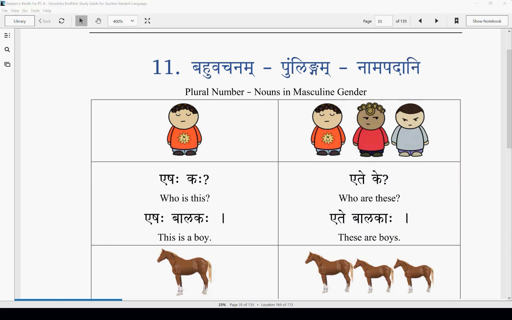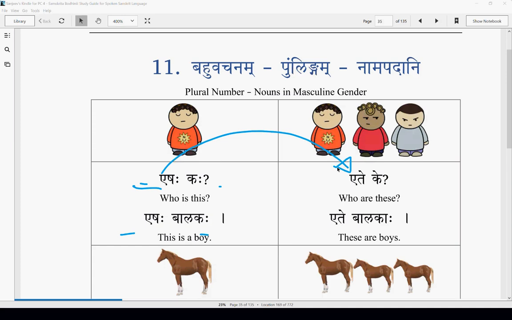So note that the, Mahodaya, can you just slide down a little bit? Come down a little. Yeah. So first focus on this eshaha. On the left side, eshaha kaha, we have singular, so we already know these words, right? Eshaha kaha, we have studied that. Eshaha kaha, that is the question. Eshaha balaka. Now note that eshaha is changing to ete